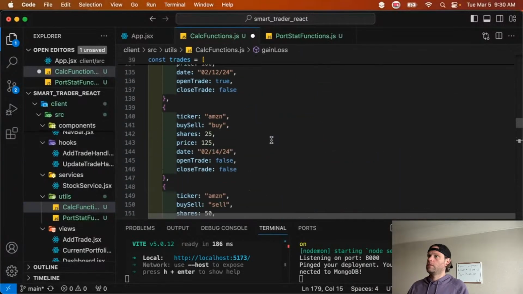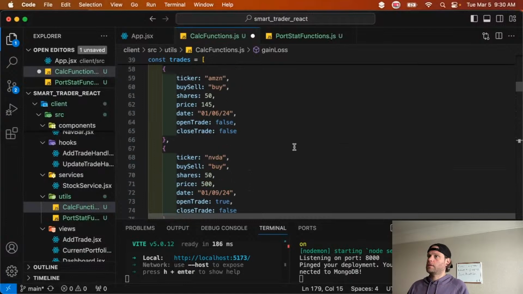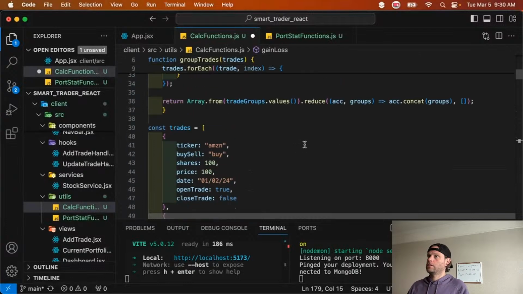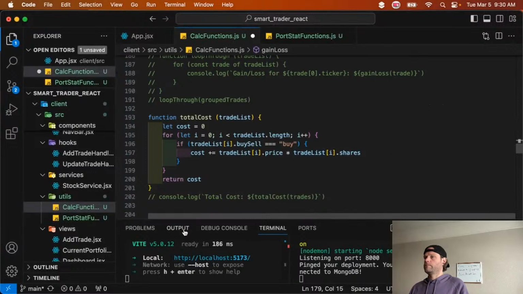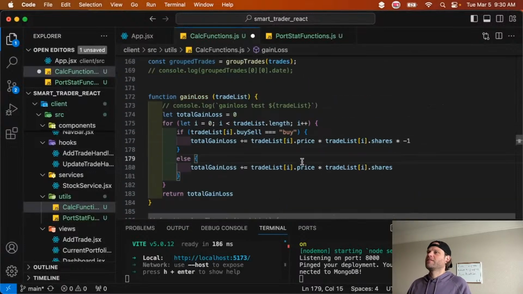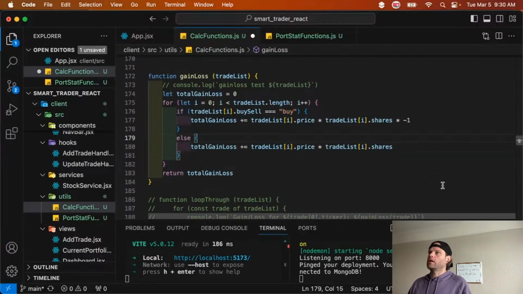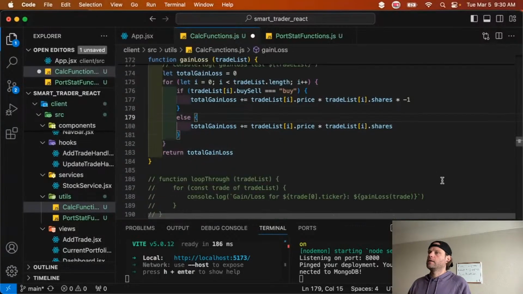Okay. Wait, where's my trade list setting? Oh, duh, I'm calling it down here. Okay, so that's just a parameter, not the argument. So we take in a group of trades, or a list of trades, and then we can get the total gain loss simply by